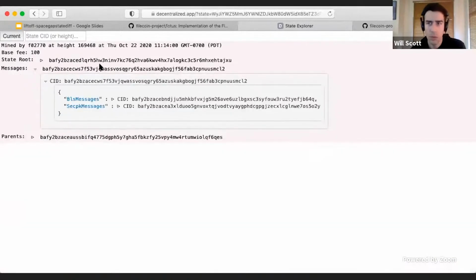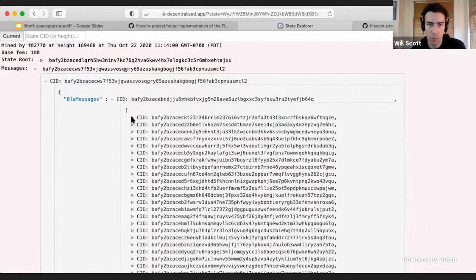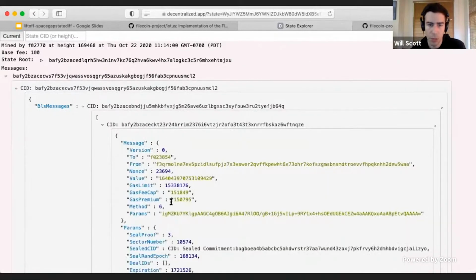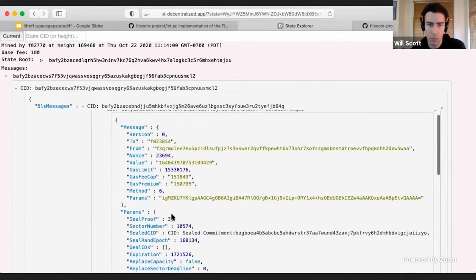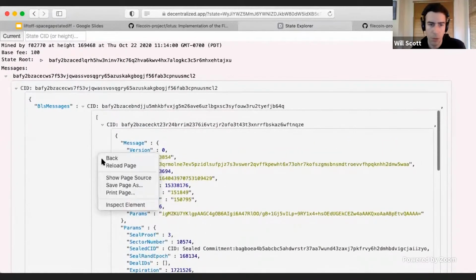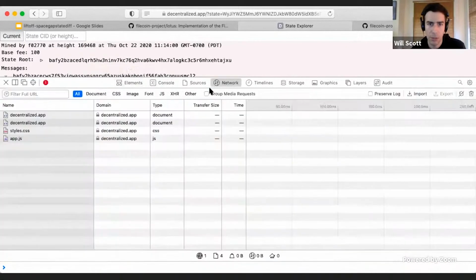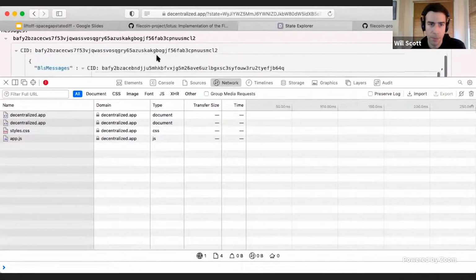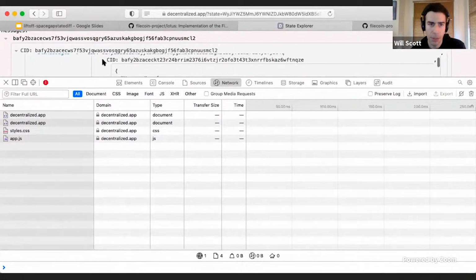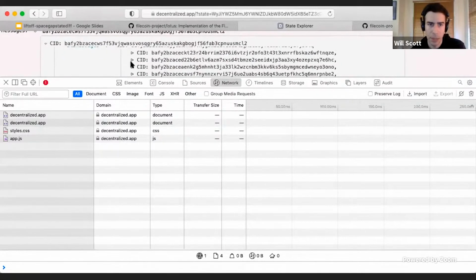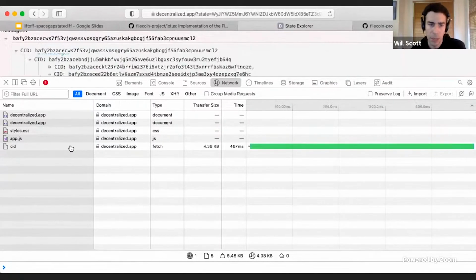Cool. So those are sort of the main things that are perhaps of interest in this tool. I guess the other one that's worth saying here is for each of these items, if you inspect and look at what's happening in your network view, and I apologize that you now can't see this, but as I expand any of these, it's making a request,